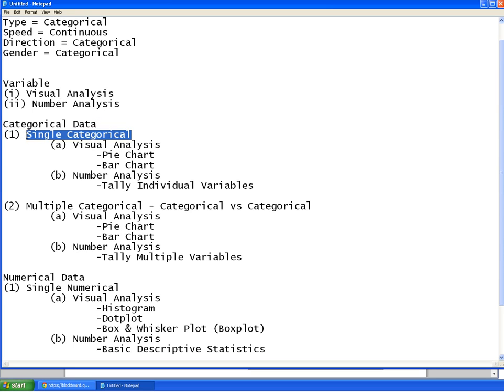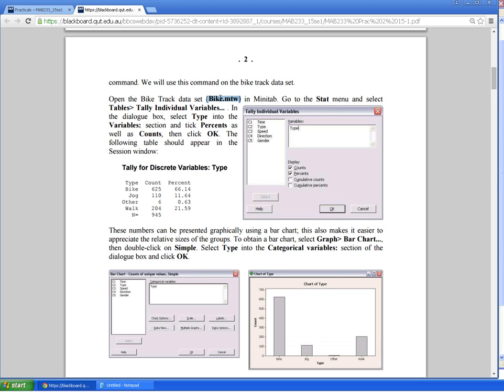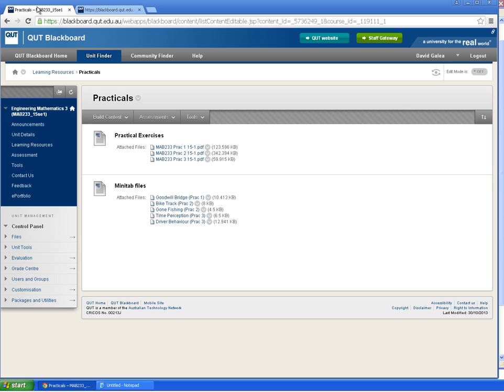So let's just start off by looking at single categorical data. I'm going to have a look at the data that they're working with here, which is bike. For anyone who's unsure about where to get this data, you just go to Learning Resources,